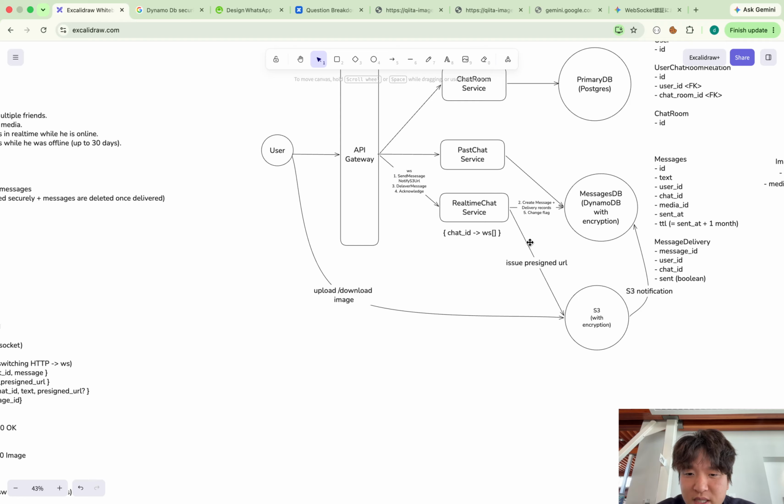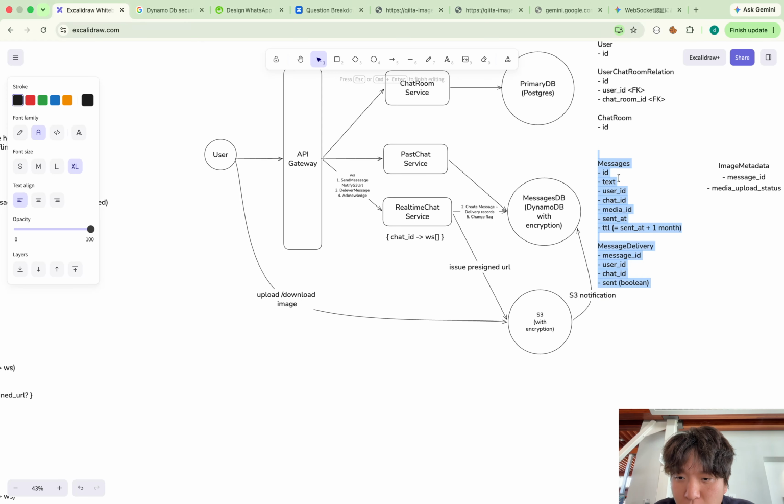This is a product decision whether we accept this or not. But for now, I think 99 is enough. But if we want more users, maybe we should use PostgreSQL instead of DynamoDB.